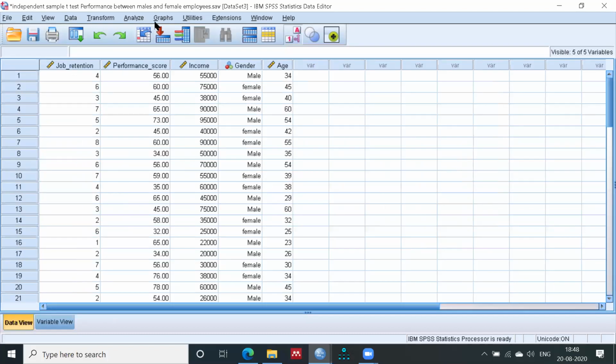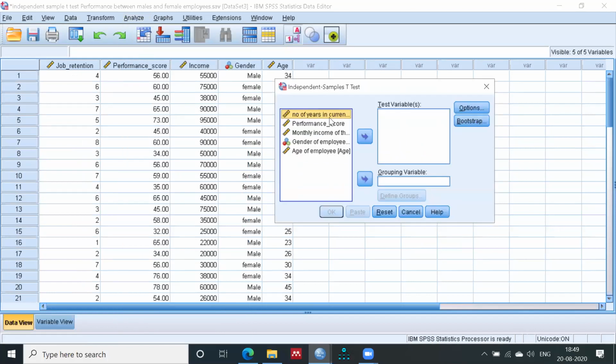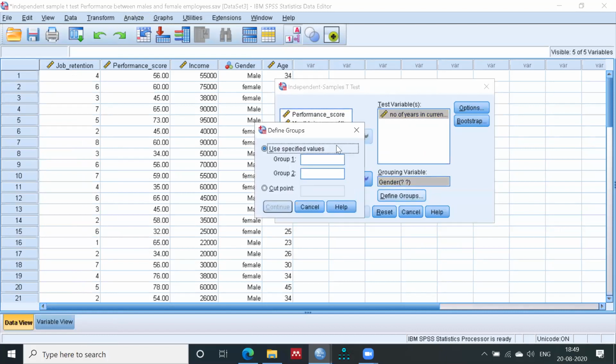Now go to analyze, compare means, and independent-samples t-test. Select the first one, number of years in current job. Gender of employees can be your grouping variable. Define groups, because you have to define 1 for what and 2 for what. There are 2 groups, 1 and 2, that's it.